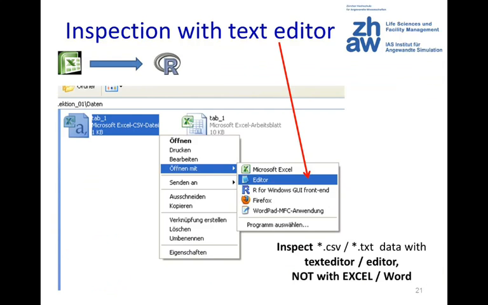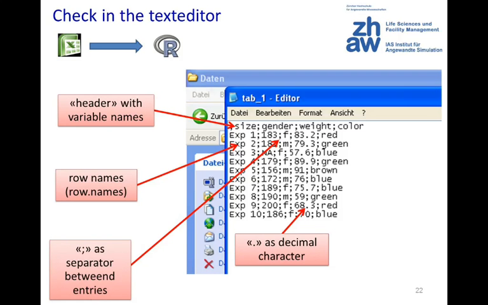Now, the next thing that is very important, especially if you're using a German computer or generally a computer that is not Swiss, open the file in a text editor or notepad. There are different names for those things, not in Excel. That's very, very important. When you have that, then you see what kind of separators and what kind of decimal characters you have. So here you see that you have a separator, semicolon,